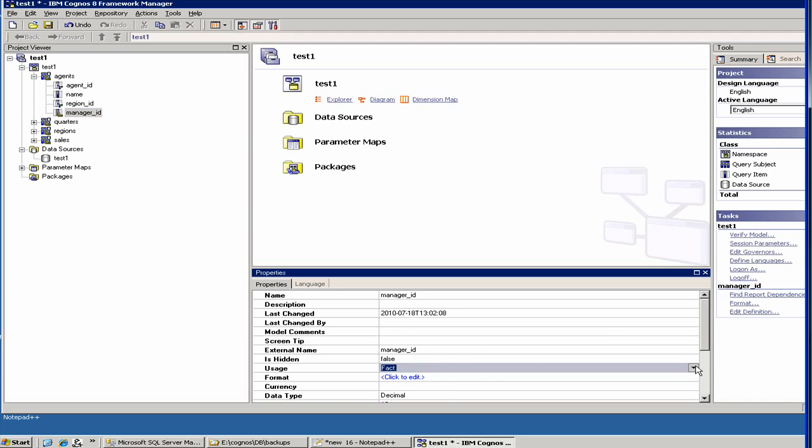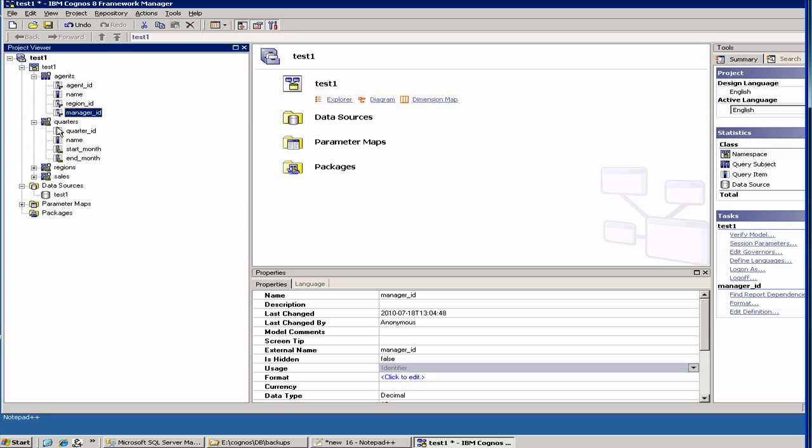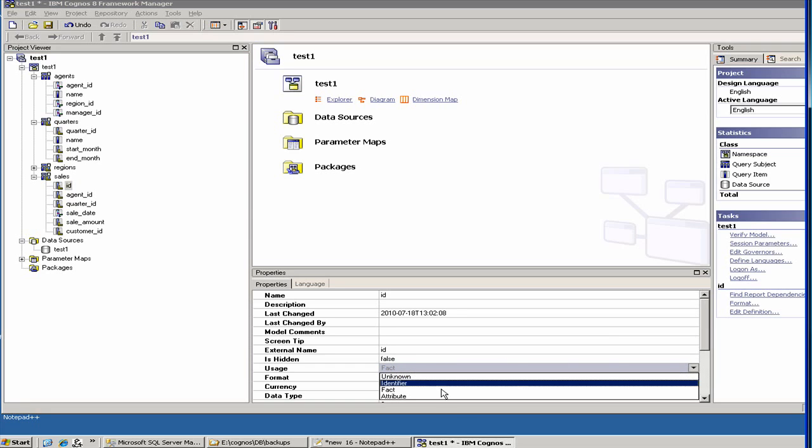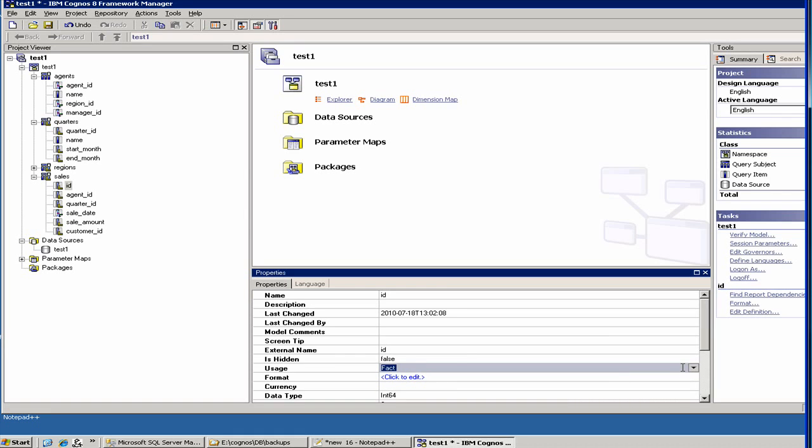See, the reason Cognos interprets these as facts is because it just went by the column type. So if it says it's a number, then by default sometimes it puts a fact. So let's go to the sales table. Okay, so in the sales table we have ID, which is again an identifier. So let's fix that. So I'll continue with the next video because the